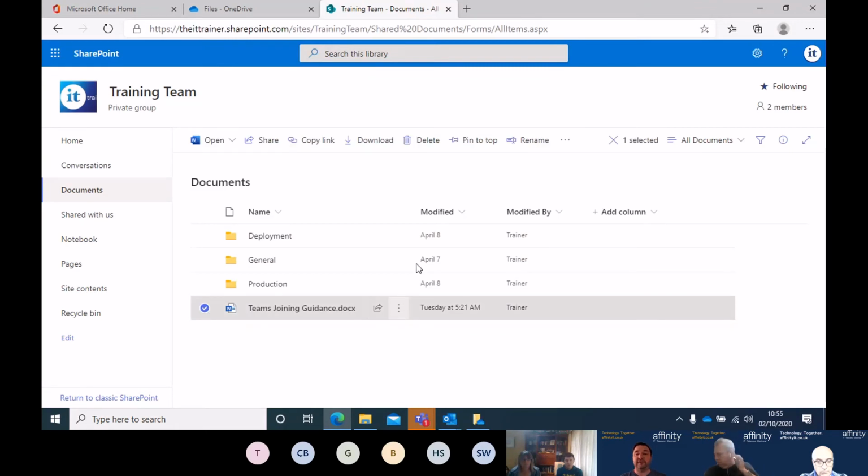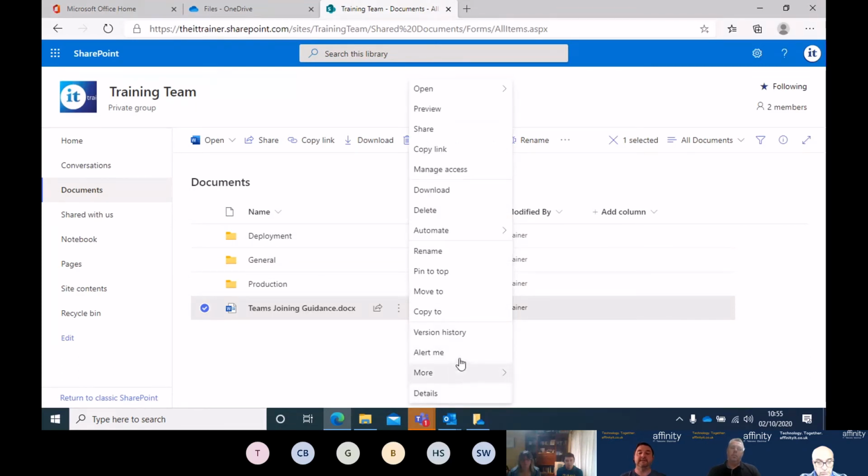You've still got version history. You've got 2 extra little bits that are really useful. You've got a button that says alert me, and that creates an alert for you. If a document is changed, updated, you can be told about it if you're waiting for information to be put in. But you also have a checkout. And the reason for checkout is